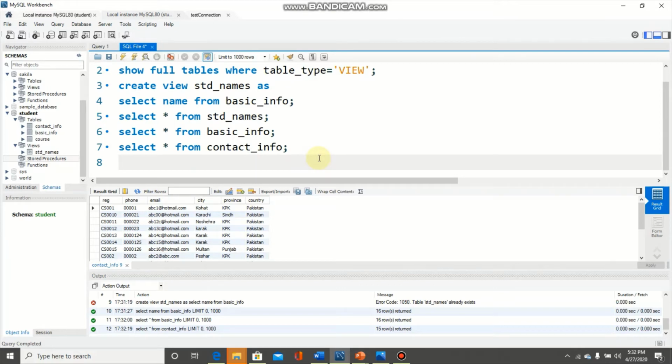So for that purpose I must use a select statement with natural join because we are using registration number in both tables, and with the help of this registration number both tables are connected. So here I must type select. I need name, I need let's say registration number. So first I need to type registration number, then name, and then province. From the first table is basic info